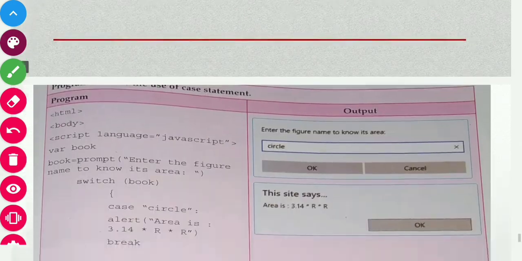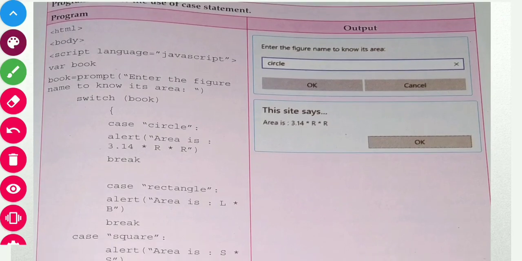So we'll see this according to the example here. You can see we want to know the area of a given figure. We know that a circle has an area, rectangles have an area, triangles have an area. So in this example we are going to ask the user to enter the figure name and will provide them a formula to calculate the area.